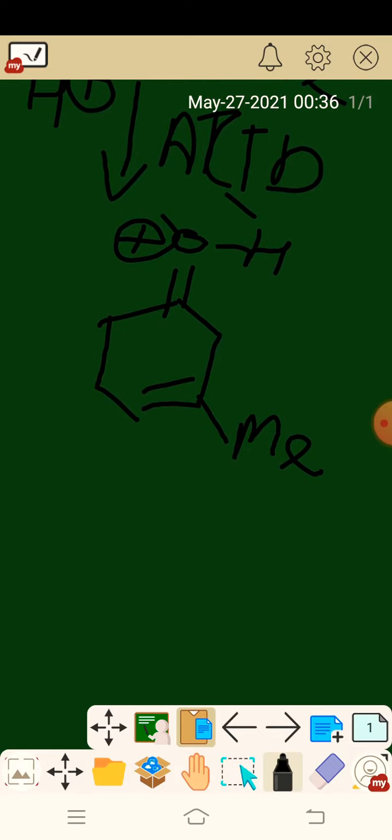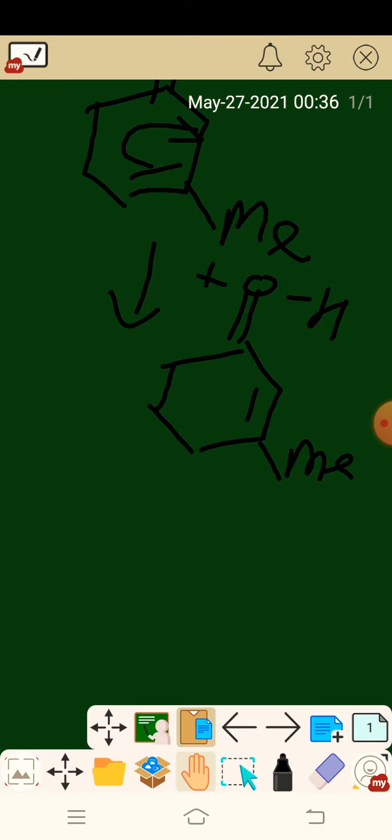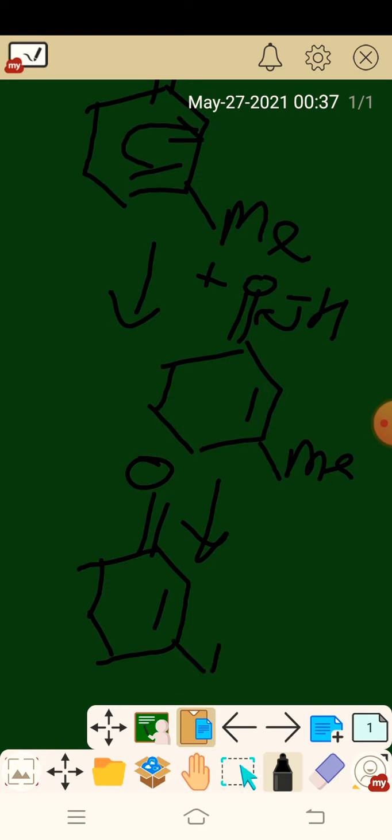Now the deficiency of this lone pair is gained by this alkene attacking it here, and the new form will have the H+ ion and OH+. This tautomerizes with the alkene and C=O, and this H+ ion will be removed from here, and in the final product we will have a C=O and Me here. This is the final product we have.